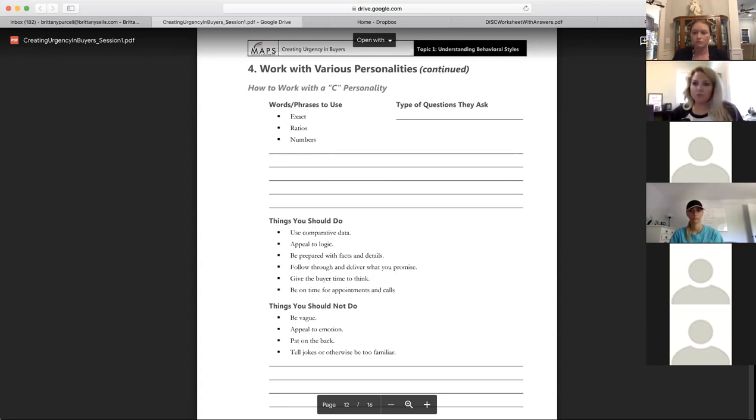How many months of mortgage payment, how many months of interest payment, how many months of taxes are you going to pay between now and then? Because what if the next offer is less, but also what if it takes us 6 months of all those payments and anything else that goes wrong with the house? It's actually going to cost you more than just what the offer is. It's going to cost you all that time as well. That's how you negotiate with a high C: you go into the facts and the figures to help move them along.